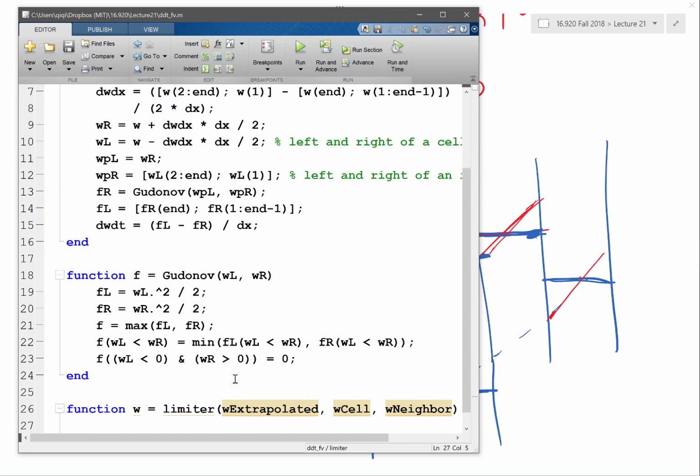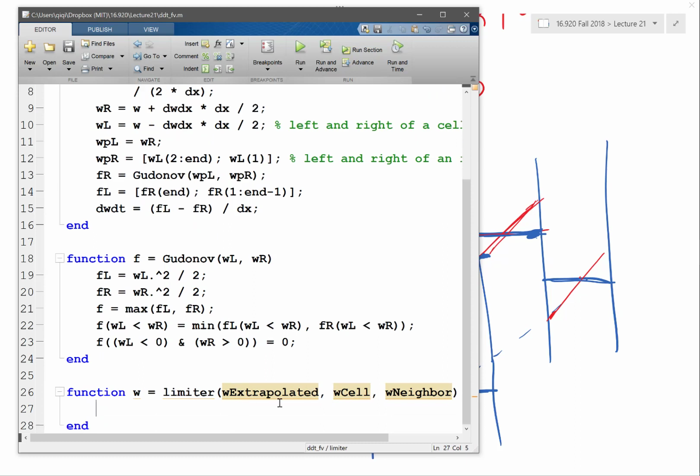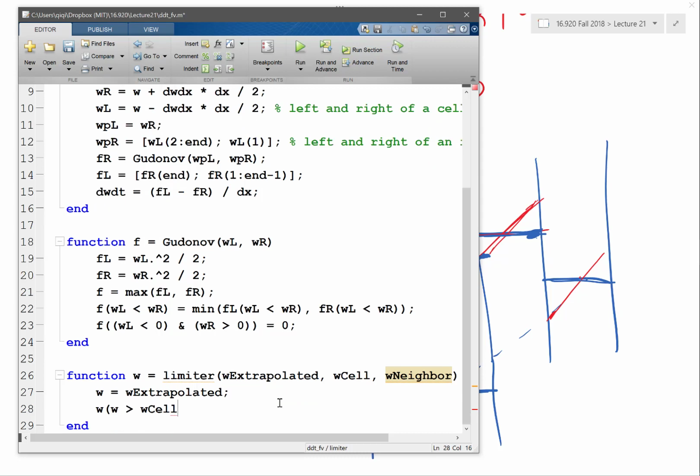So basically I want to limit the extrapolated value. It shouldn't be higher or lower than the value of the w at the cell or at the neighbor. So basically w has to be equal to w extrapolated, and the w where w is greater than w cell, greater than the maximum over w cell and the w neighbor,